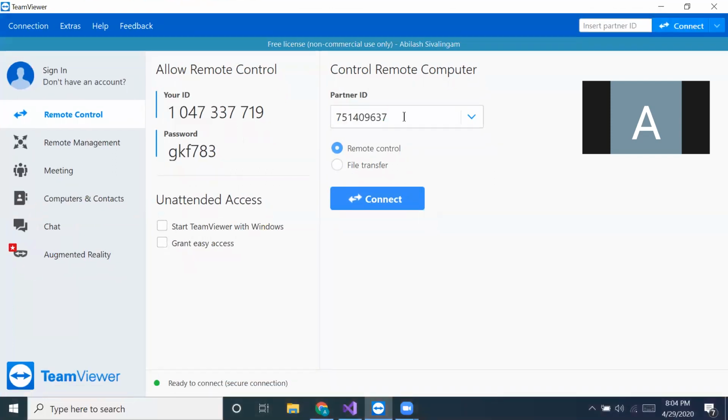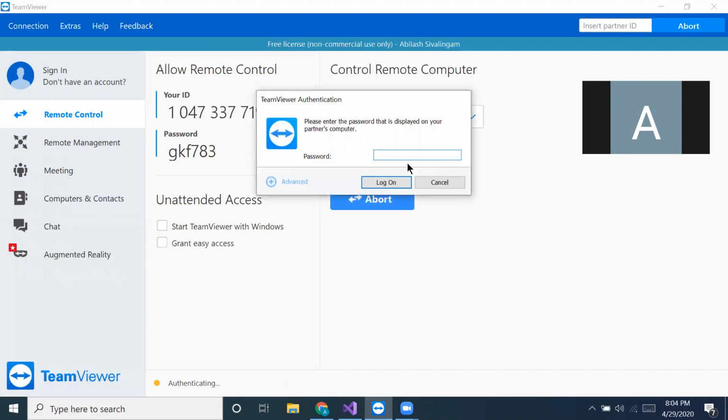It gives you a screen share into the virtual desktop of the computer in the USE-Day Racing workshop. This is a partner ID, which we use to connect, and once you connect, it will ask you for a password, which is